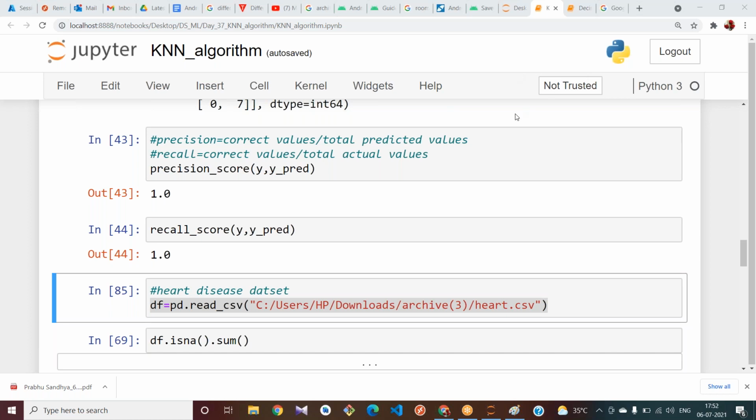Yes, Samir got 84% accuracy. Try to change your random state and see if your accuracy increases or not. Okay, is this completed? I will call you.